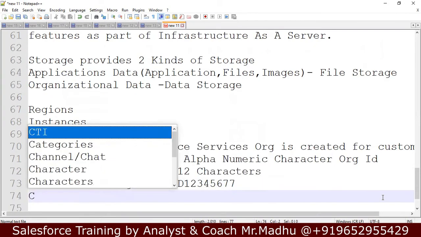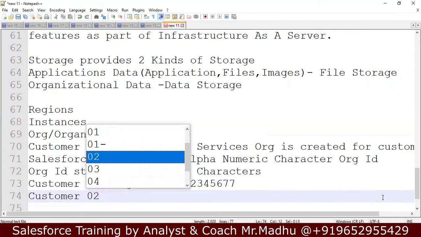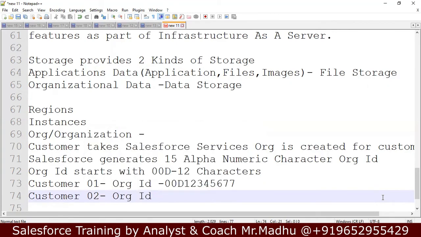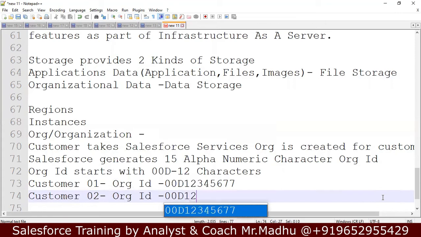If customer 2 takes Salesforce services, for him there will be another org ID. It starts with 00D. It is unique. The same org ID won't come for another person. This is about org ID.